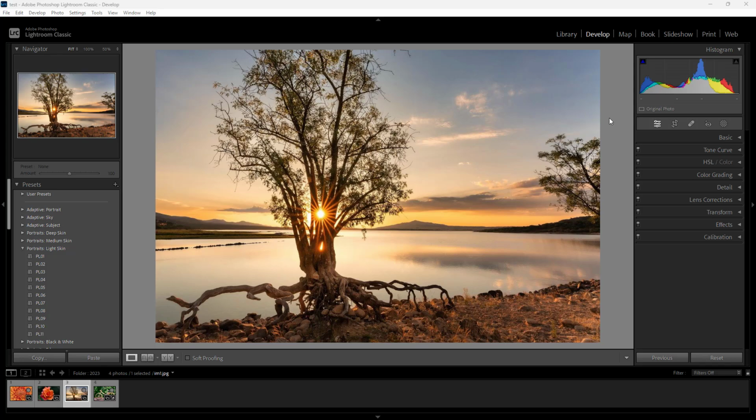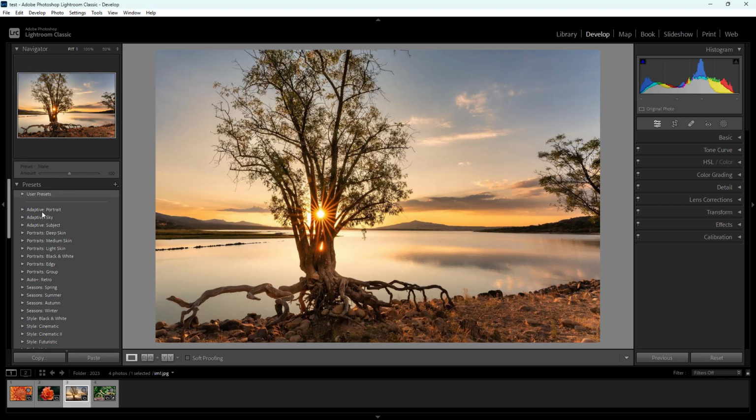So over here, you can see that I have this particular picture right here. And let's say what I want to do is I want to change around its looks easily. So to do that, you can utilize something called presets. So once the image is actually selected, over here on the left hand side, you can see that user presets is an option. So I can go ahead and then expand this out as well, but I don't have user